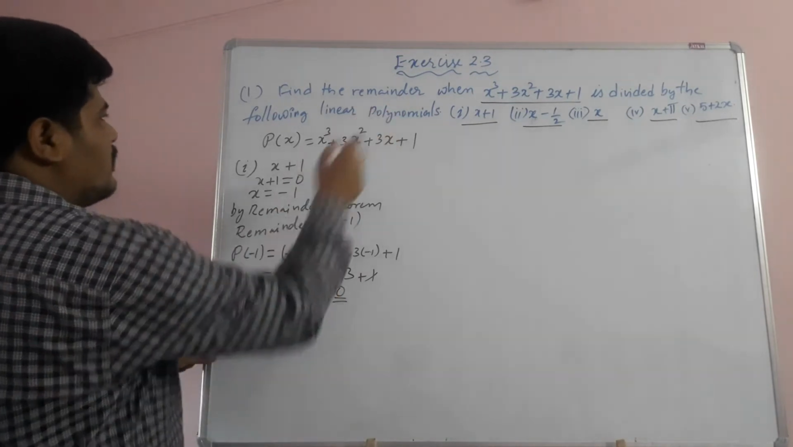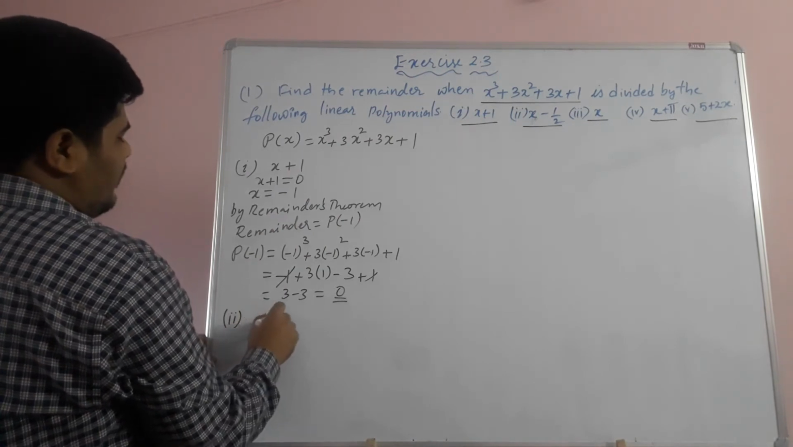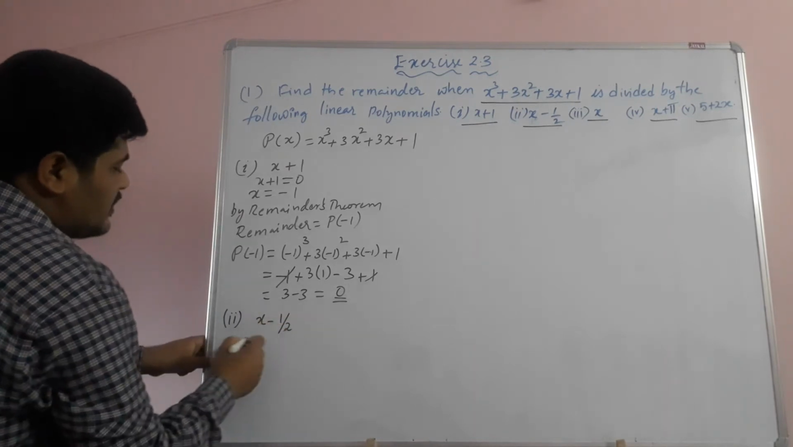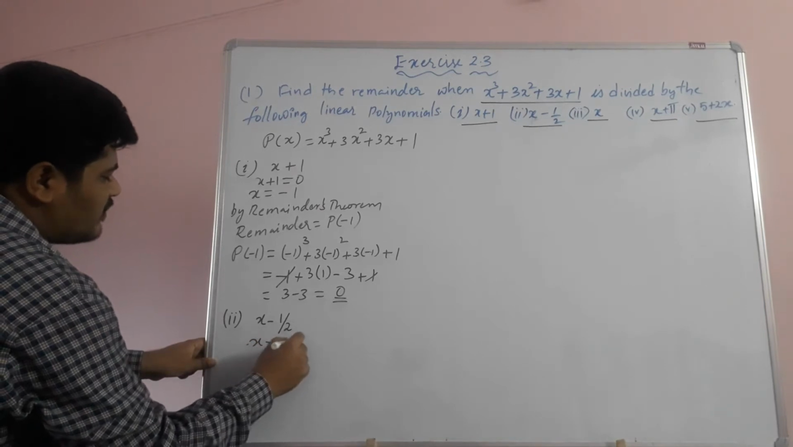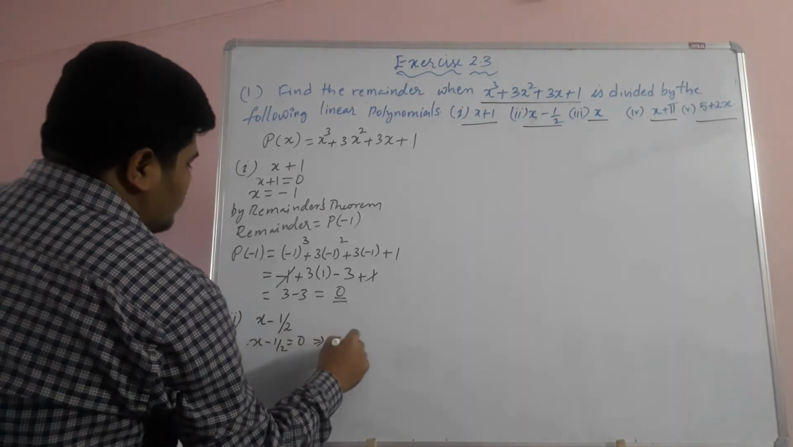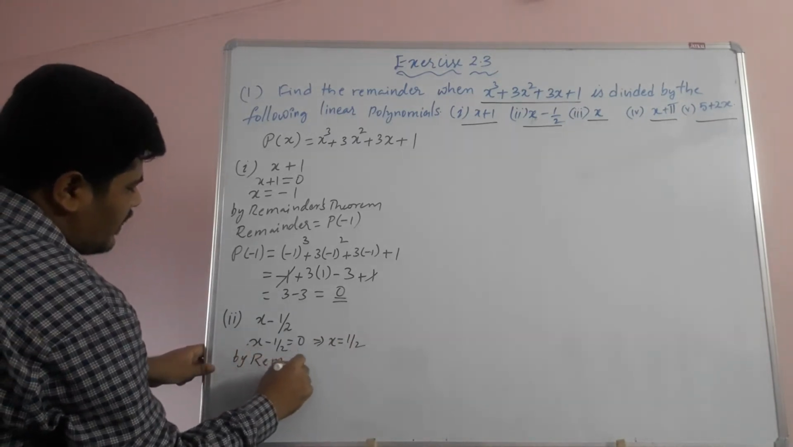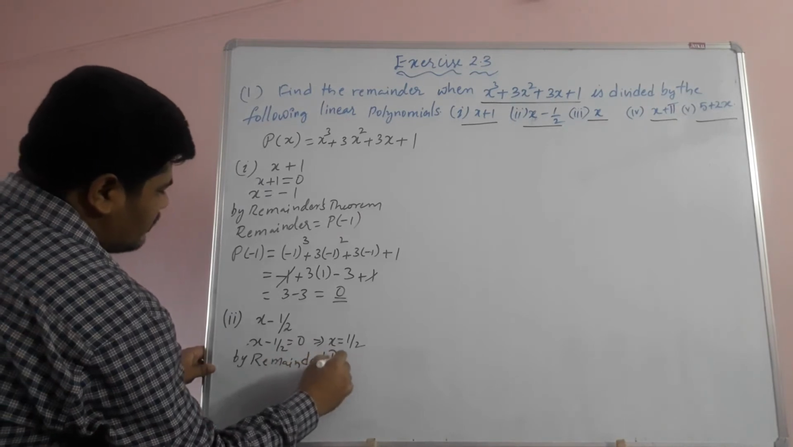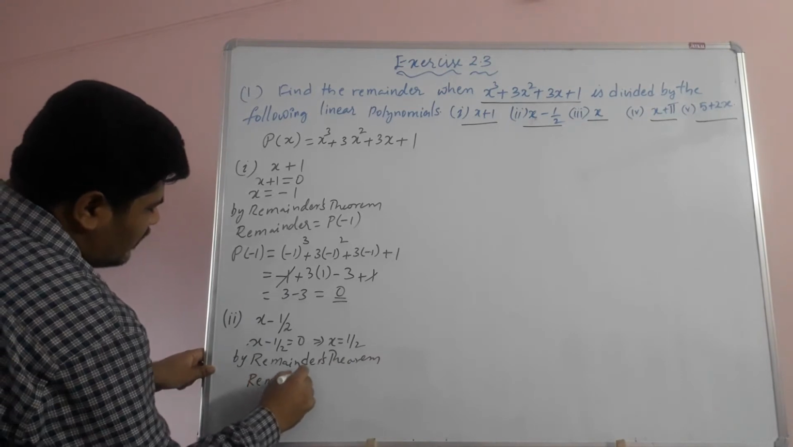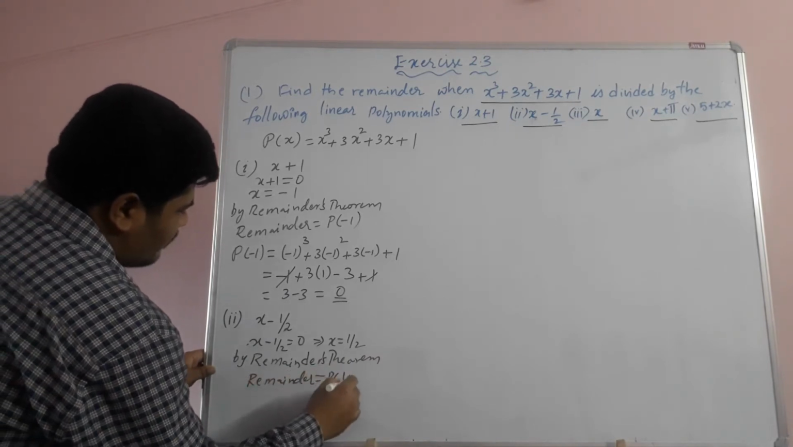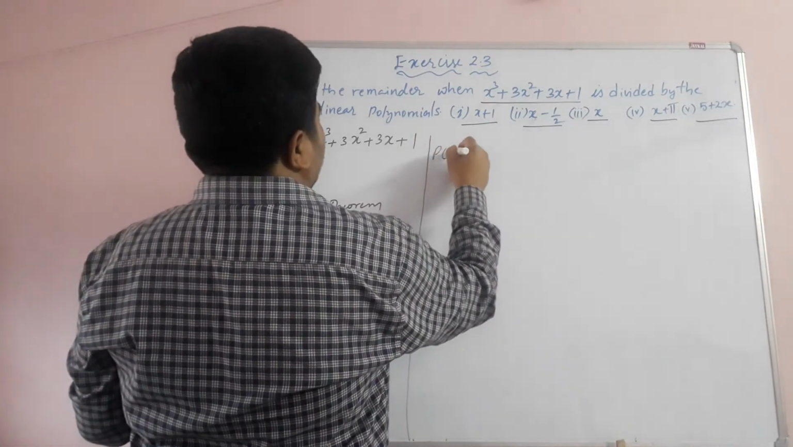Okay, now the second one. We need to find the remainder when p of x is divided by x minus half. So first we need to equate it to 0. So x minus half is equal to 0, which implies x is equal to half. So by the remainder theorem, the remainder is equal to p of half. Okay, so children, p of half is equal to...